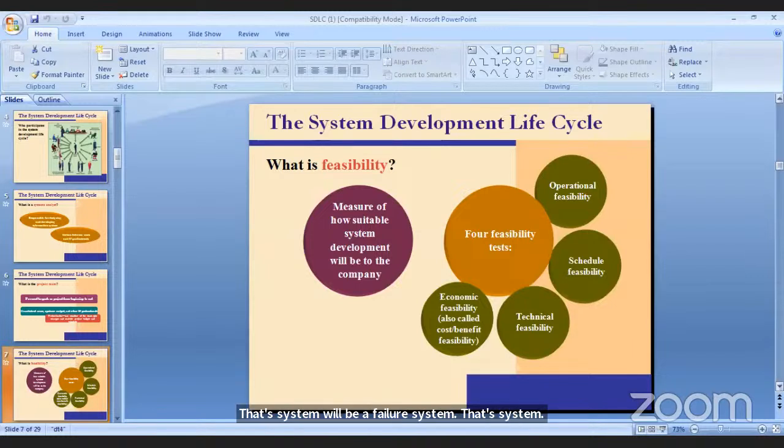Because you provide all the effort, manpower, money, time, but at the end of 1 year, 2 years, you find your project or your system is a failure. Then it's a total loss for your organization or industry. So that's why before going,